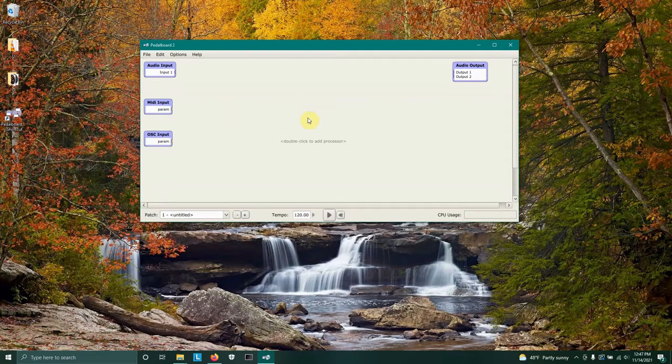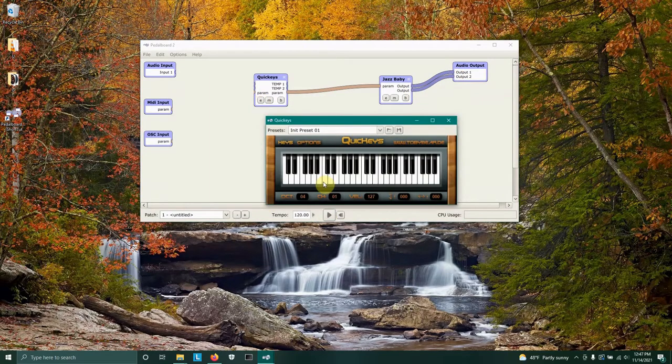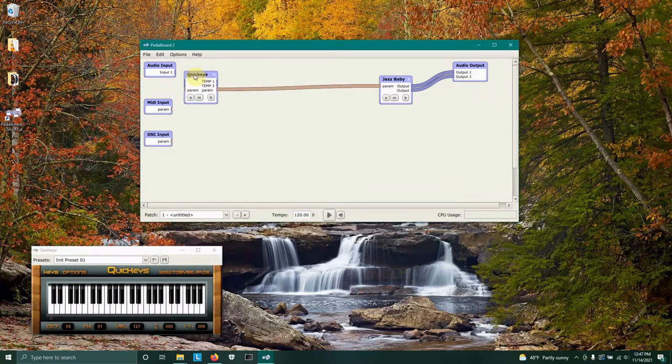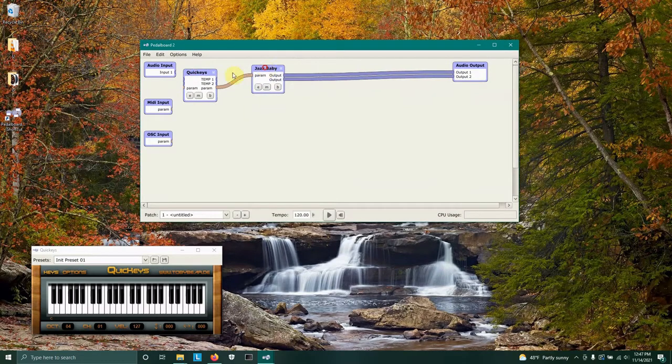We need to do the basics, which is we need a quick keys and we need something to make sound, and Jazz Baby's all we've got. So quick keys, wire it to Jazz Baby, wire it to output, open up the interface. Okay, we're in familiar territory. That's good. Now, one of the first things,